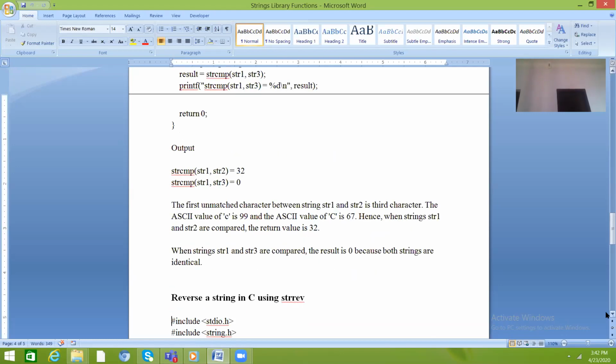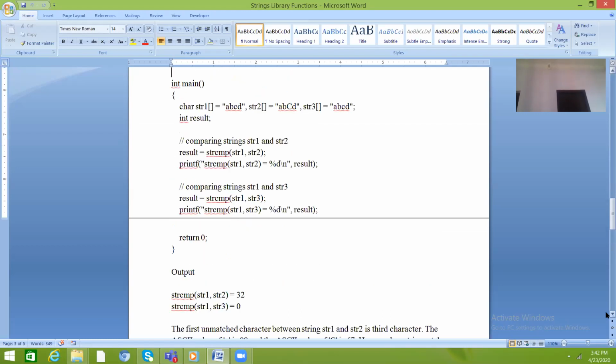In the first case, when the result value was printed, str1 has a, b, c and d, all four small letters, but I am comparing str1 with str2. In str2, a and b are small letters, C is a capital letter, and D is again a small letter. So how is it compared?